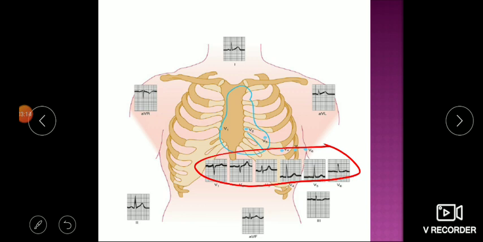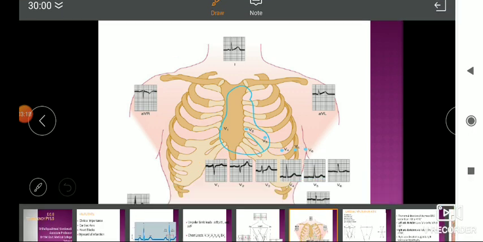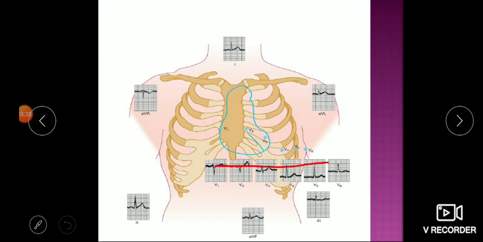This is the ECG graph which you have recorded, and classically you can see the height of the R wave is increasing and the height of the S wave is decreasing. So this is the classical way of finding: the R wave is smallest at V1 and S is tallest at V1, and the R wave is tallest at V6 and S is smallest at V6. Okay, and these are the different limb leads and bipolar and unipolar leads.